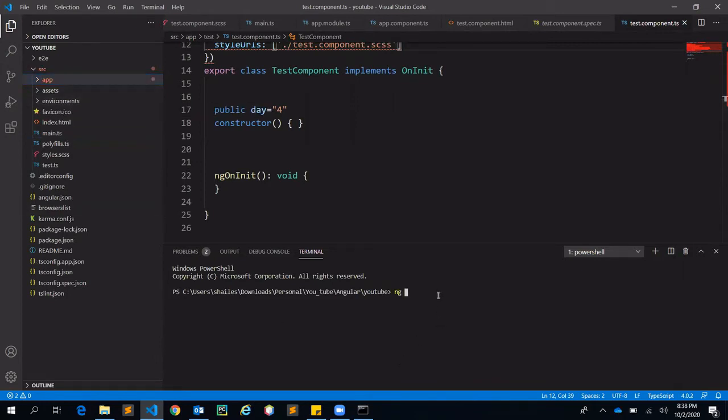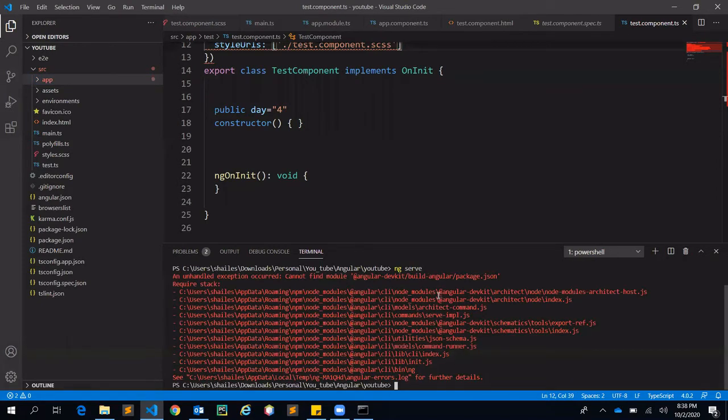If we type ng serve, obviously it will throw a lot of errors, because it requires the node module. So in that case, you can simply type npm install. What npm install does is go to the JSON file and read what JavaScript libraries this project requires to be downloaded. By reading the JSON file, it downloads those required things, creates a node module folder, and downloads them into that folder. After that you can load your project.